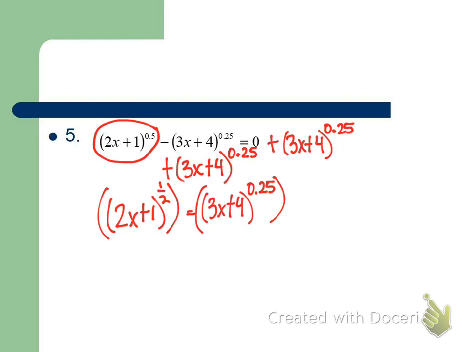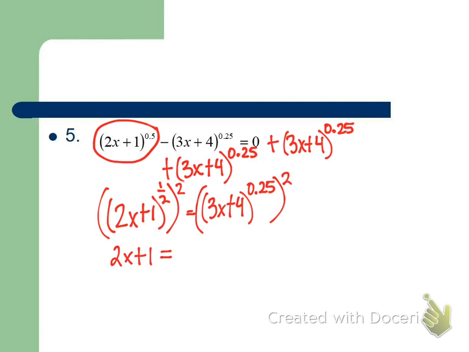What's the reciprocal power? 2/1. Okay, this is when the fractions become handier than the decimals. We don't really think about decimals as having reciprocals, but fractions do. Okay, so we raise both sides to the second power. When we do that, we are left with